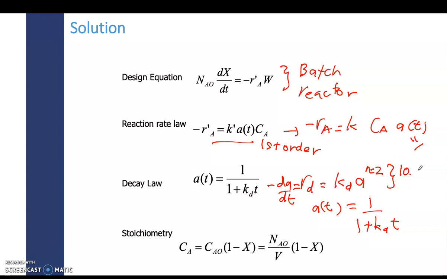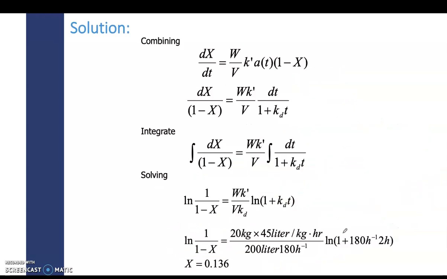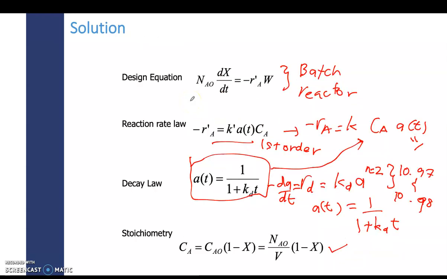equation 10.97, and also, because I combined it, 10.98. So please highlight this equation in your textbook. When you have this equation, you will incorporate this into this part. For stoichiometry, this is the typical one you learned in CRE1. So next is to solve this equation,